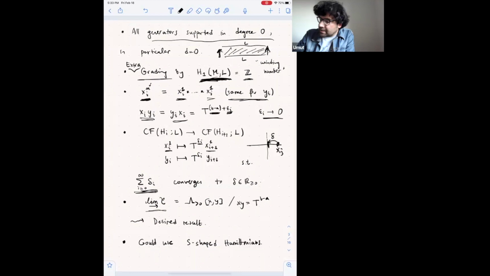So now, if you want to compute the limit of this diagram, and again, it's just, as a module, you only have to kind of consider